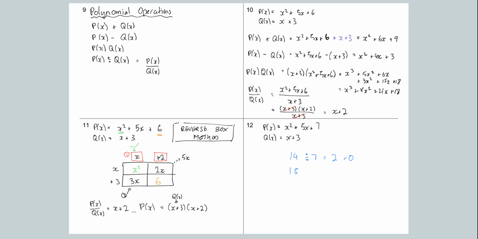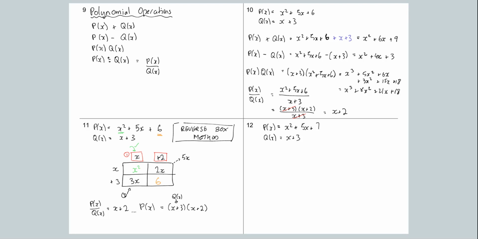So 15 divided by 7 is equal to 2, remainder 1. Or sometimes we might write that as 2 and 1/7. So there's a remainder. And because polynomials are simply numbers with variables in them, remember that they are just numbers. The same applies to that as well. If I divide two polynomials, I can get a remainder, and that's what we're going to have a look at